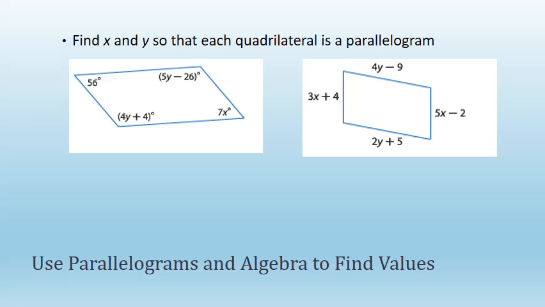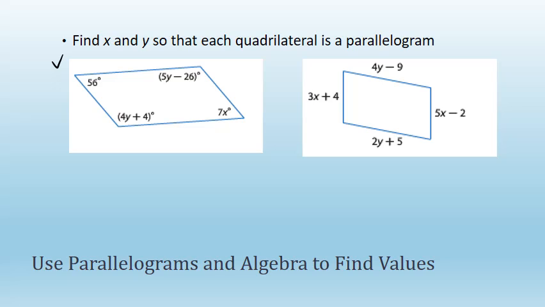Well, all right. Once again, we get to combine a little bit of geometry with algebra. And so here we find on example 3, page 415, 3a and 3b, it says find x and y so that each quadrilateral is a parallelogram. In other words, we're going to assume that they are, in fact, parallelograms by this definition. And in this first example here on the left,